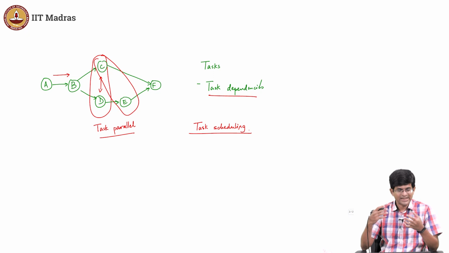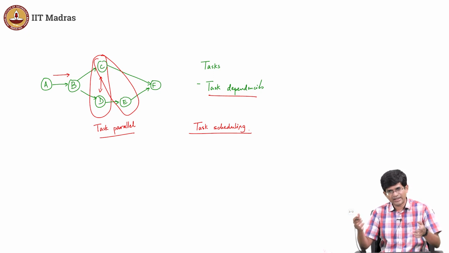So there could be many different cost criteria that you are dealing with, but the problem itself says: I have certain dependencies, and the dependencies need to be satisfied. Subject to that, in what order should I actually go about executing them? Unlike a simple pipeline where things are relatively straightforward, where I need to do things in a specific order, even there I do have one level of flexibility. What is that? I could do multiple iterations of A, accumulate a lot of data and then start on B.